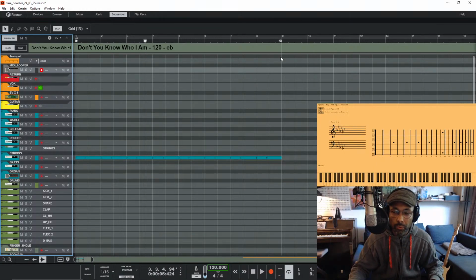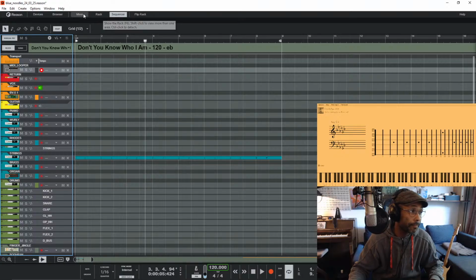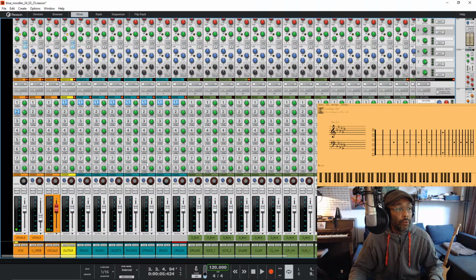Okay, we're gonna do the stereo thing right now. The brass is already right. Let's put the brass 50 to the right. Strings go 50 to the left. Piano goes 25 to the left.